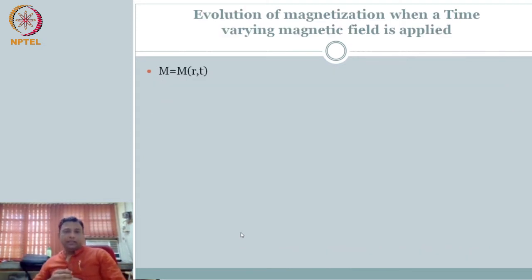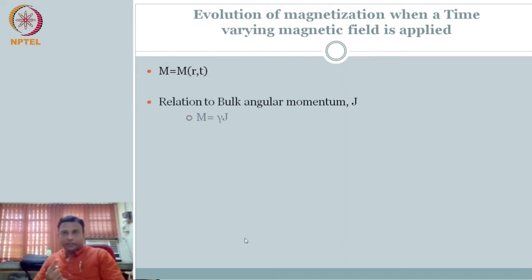So to start with, you have the magnetization that you are putting in the static magnetic field. So you have microscopic spins, you put them in. The first thing that we know is this magnetization vector is a function of r and t. That is, where is this volume coming from, and it is varying with time. So it's a function of r and t. We talked about the relationship at the microscopic level. We talked about the spin, angular momentum, and the magnetization vector. Remember, we used mu for the microscopic spin. So we had a relationship there.